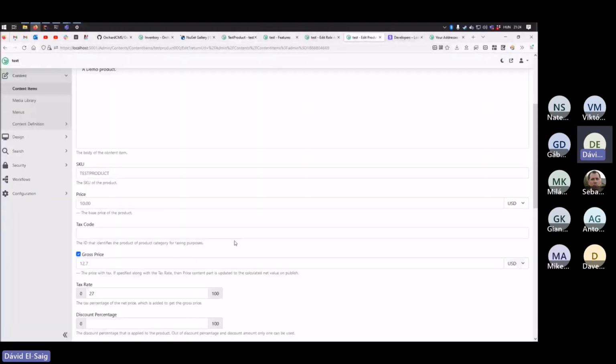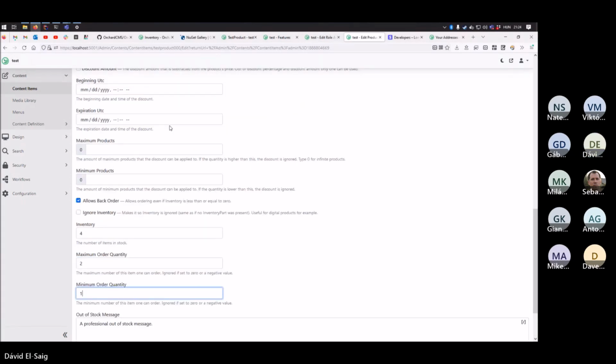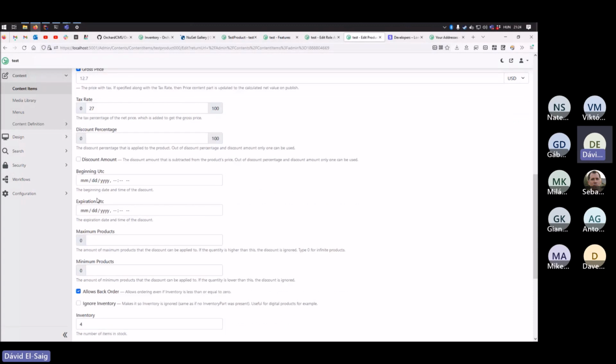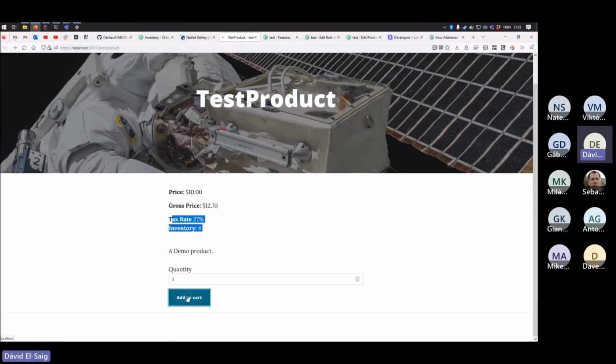Also, we have simple inventory management, which is just you select a number, and during checkout it gets reduced, and you can set how much can be ordered. So if you only want to allow bulk ordering, then you set this to 10 or whatever. And else, oh yeah, you can have discounts. I will show that in a bit. But first, so